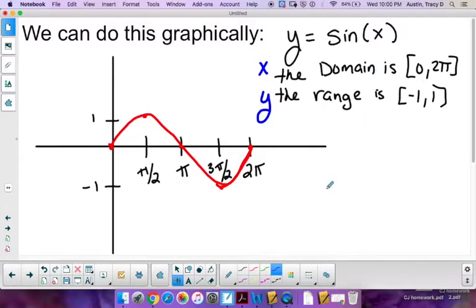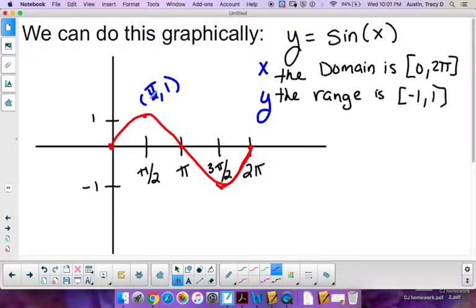Well, how do we do that? We swap the x and the y values of the points that we know about. This is the point pi over 2, 1. We know that. That's the x and the y value. If I swap that, and I'm going to need my calculator, and so are you, we kind of have to know